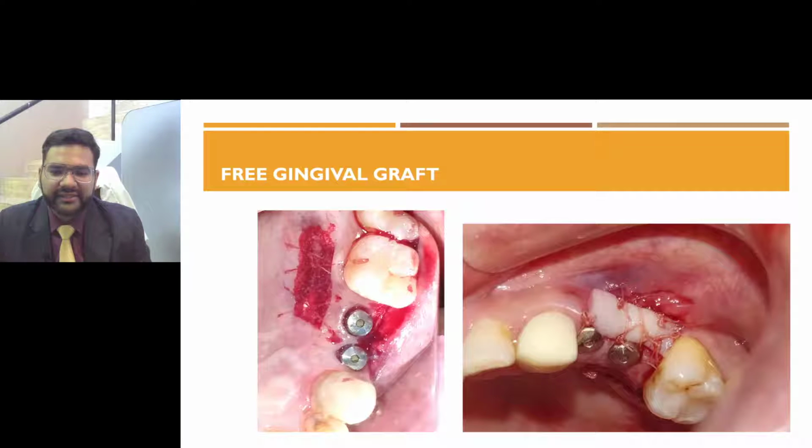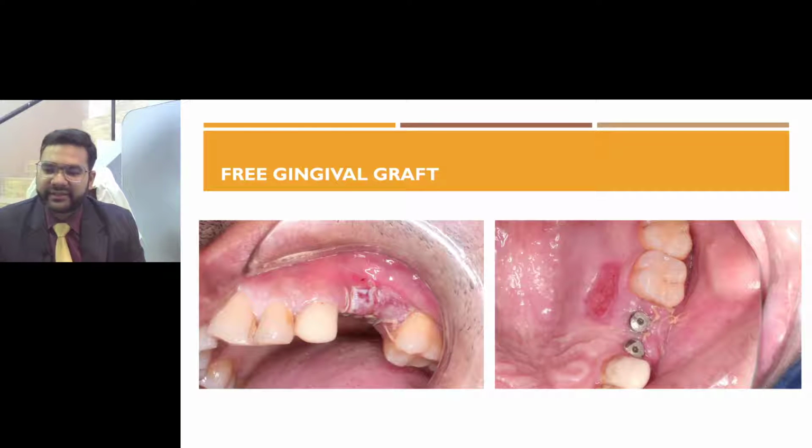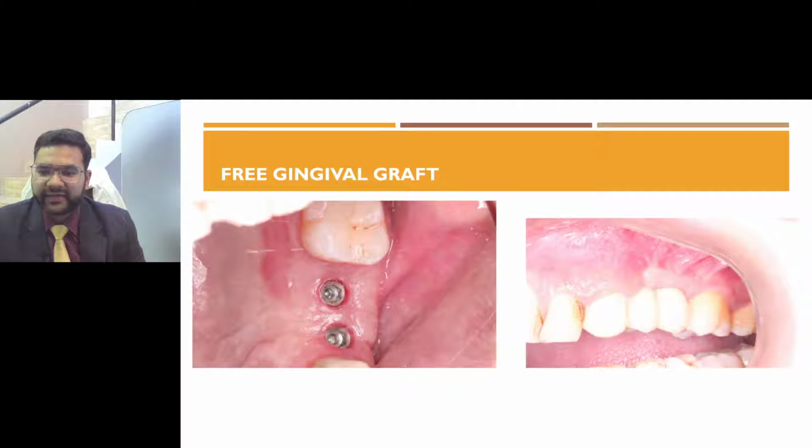One of the sutures used here is a sling suture around the gingival former, which compresses the graft tightly against the recipient bed and achieves good peripheral circulation from the recipient bed. After healing, this is just 5 days after, which we can see here, and even the palatal site after 5 days also appears well healed. And this is after 2 months, where we can see a thick band of keratinized tissue. This is a problem with free gingival grafts, where the color does not match the adjacent tissue, but this was okay with this patient, and then we can restore it successfully.